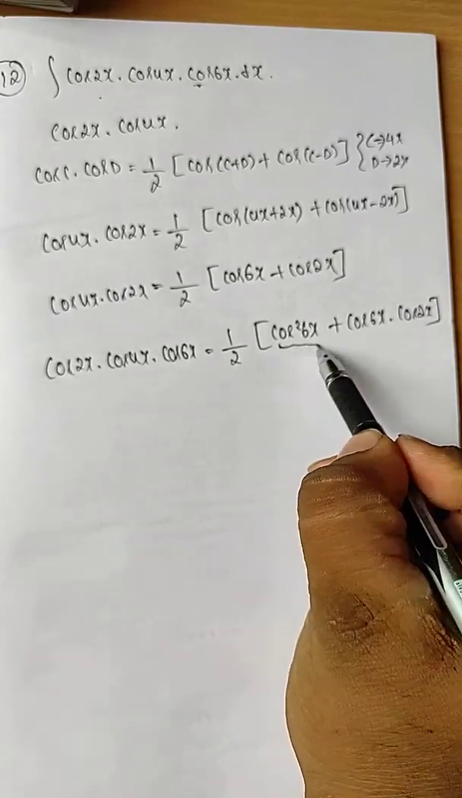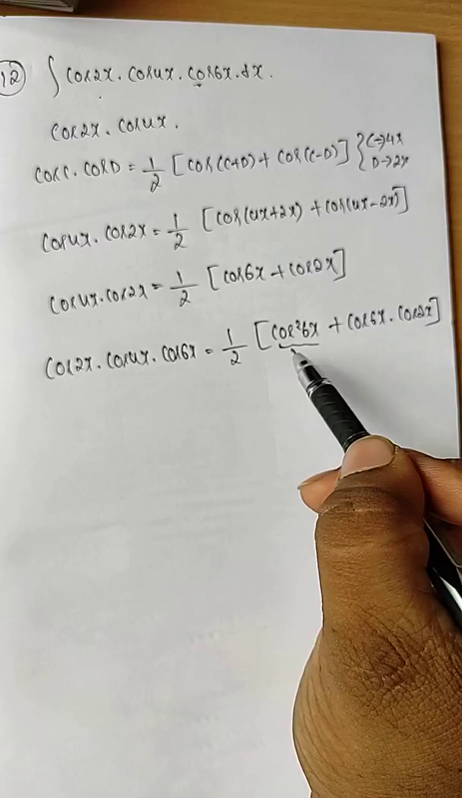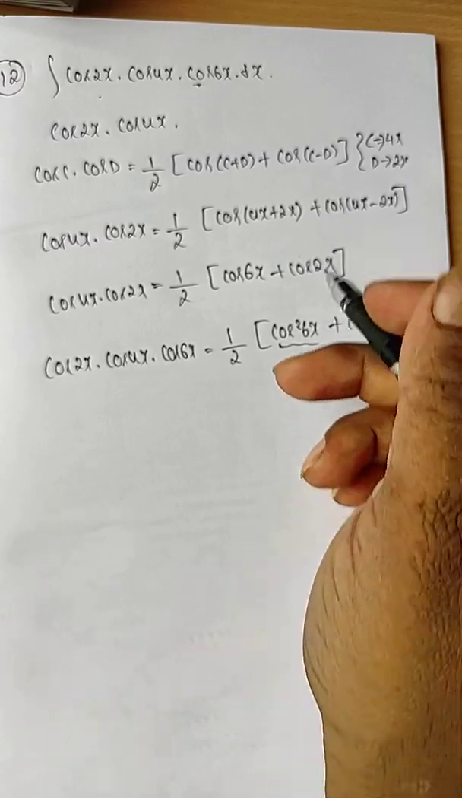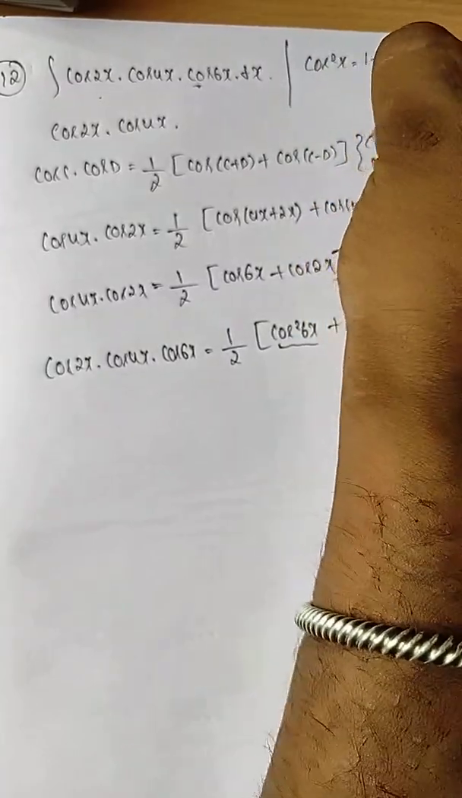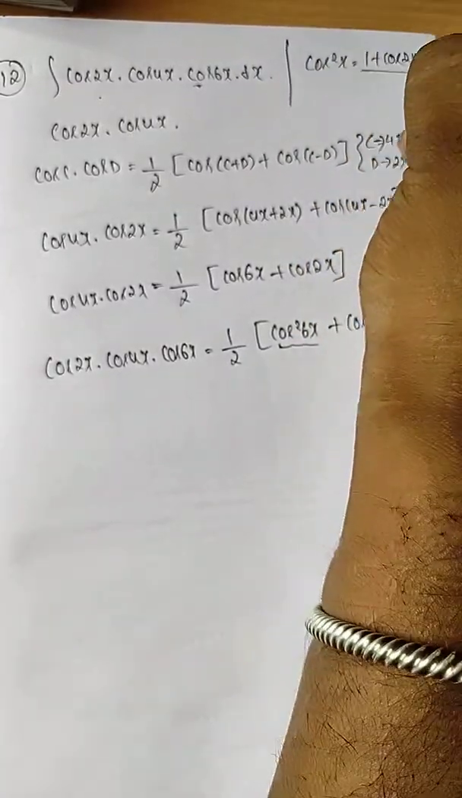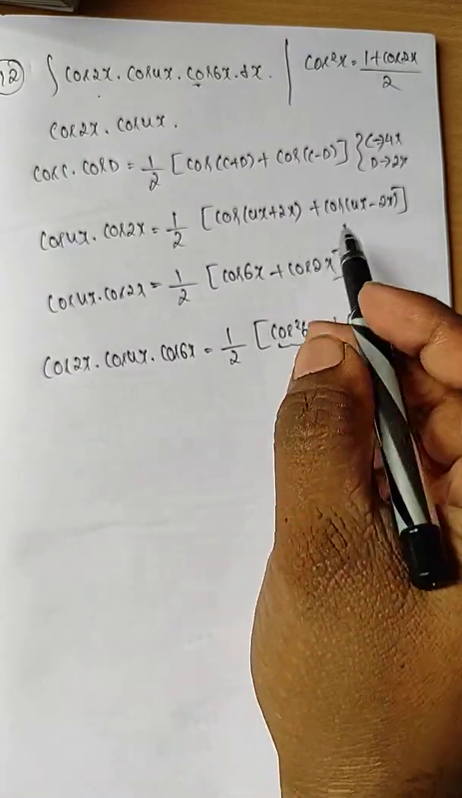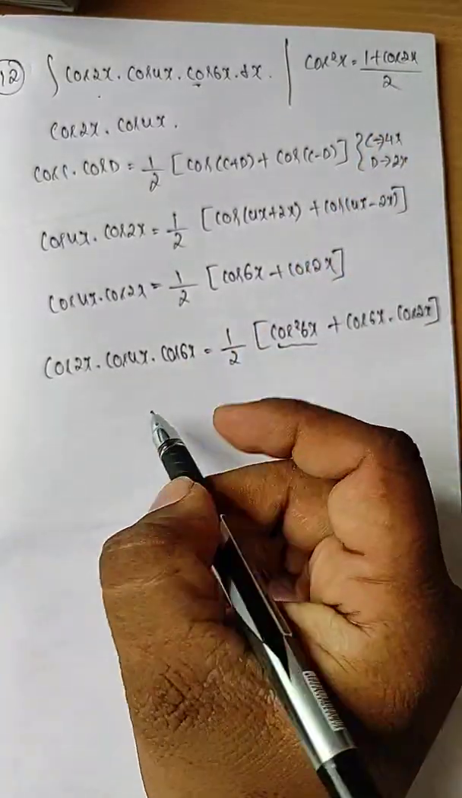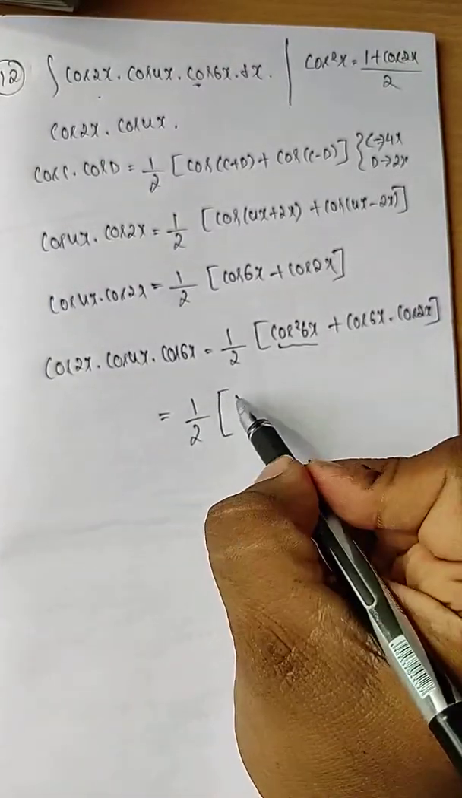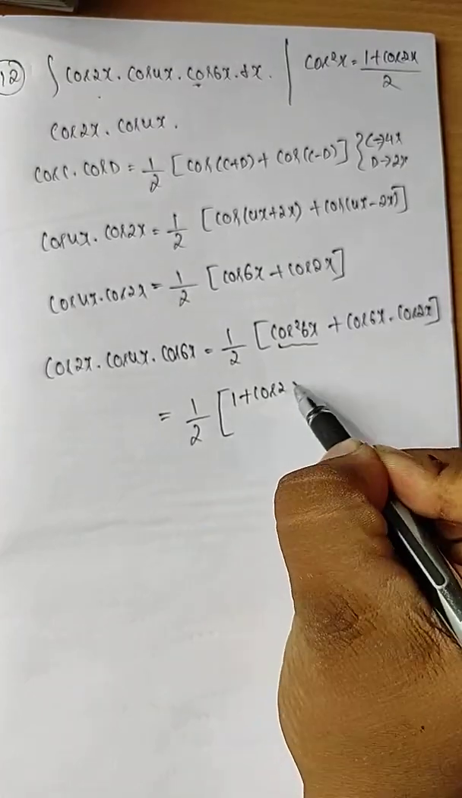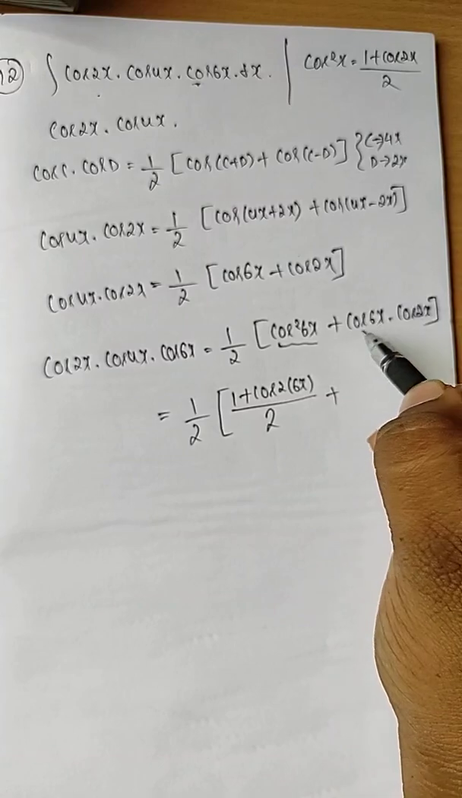Now you want to replace. So cos square 6x: when a trigonometric function has a power, you want to make use of a trigonometric identity. So which formula do you want to use? Cos square x is equal to 1 plus cos 2x by 2. Now in place of x you want to write 6x. So this is equal to 1 by 2 [1 plus cos of 2 into 6x by 2] plus,